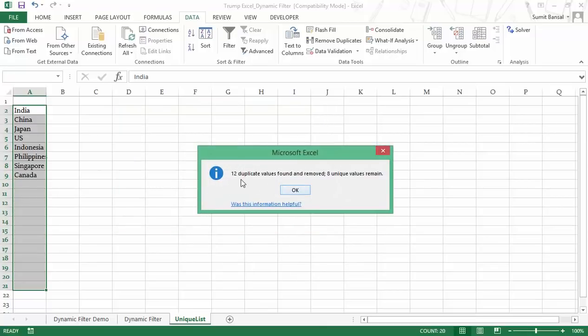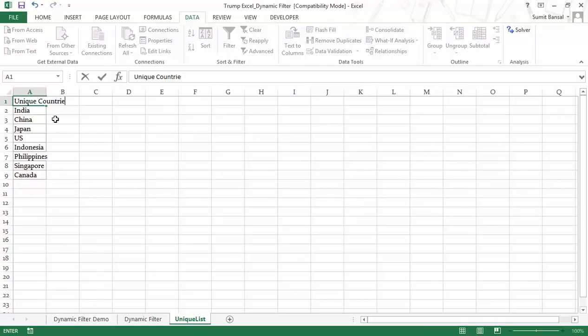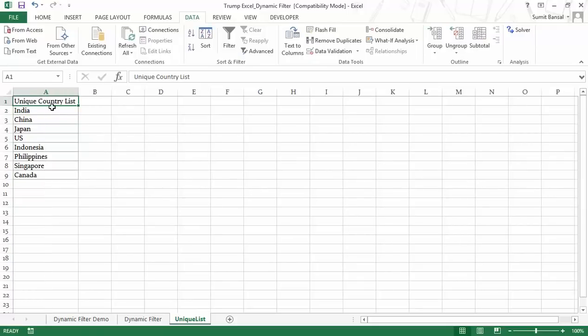As soon as I do this, you can see it says 12 duplicate values found and removed, 8 unique values remain. So these are the list of countries. Let me again give a header to it, which is unique country list. Now one additional step I would do is I would also create a named range for this,